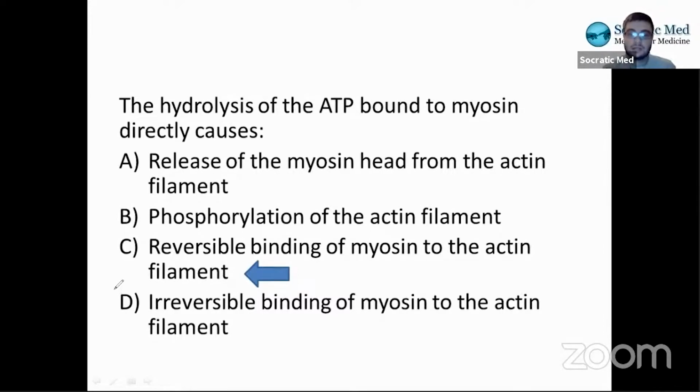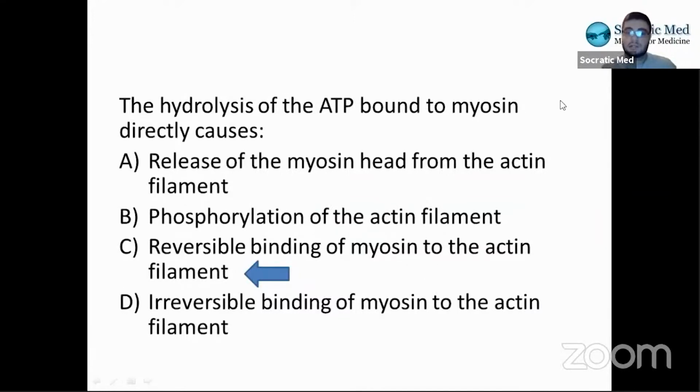And the reason it's not D, which nobody picked, but just in case I wanted to go over, irreversible binding, is because the binding can be reversed by just simply removing the ATP and adding in another ATP. So you can reverse it, and if it was irreversible, then you would have a problem in your body, right? This would be a big issue. So that's why it's not irreversible binding, it's reversible binding.